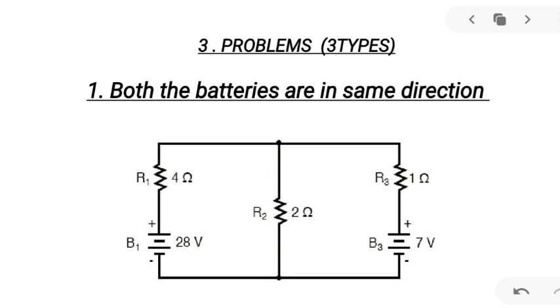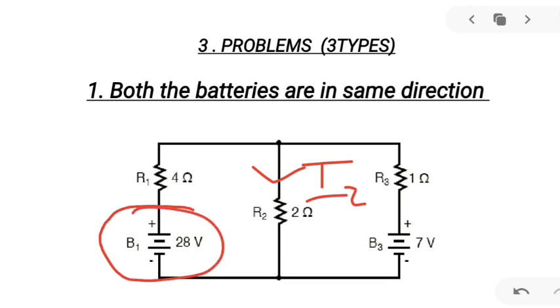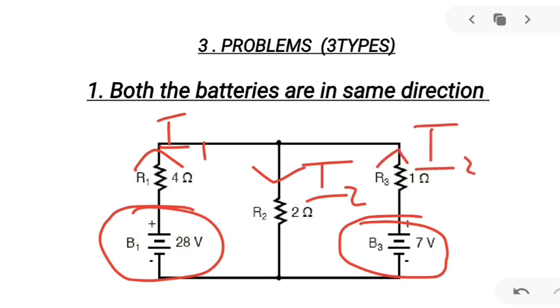Now the third one, the type of problems that we can expect from this. The first type of problem is given like this. In this, they give this loop and ask for the current passing through the R2 resistor, let it be I2. They will ask for the magnitude of I2. In this question, we want to observe that both batteries have the same direction, that means current travels in the same direction. So there is nothing difficult in this.